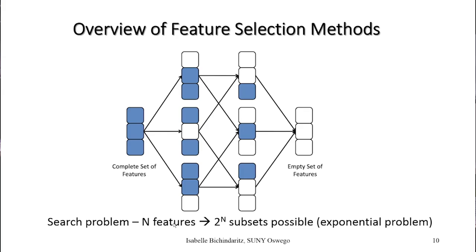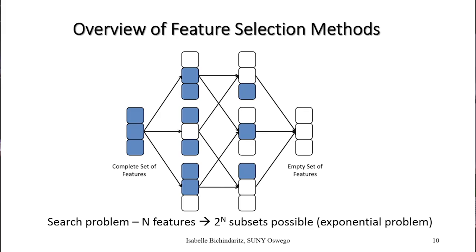These types of problems are known for requiring a lot of computing power. In many cases, when n is too large, we won't be able to calculate all the possible subsets of features. For example, if n is 20, which is not such a large number of features, you would have 2^20